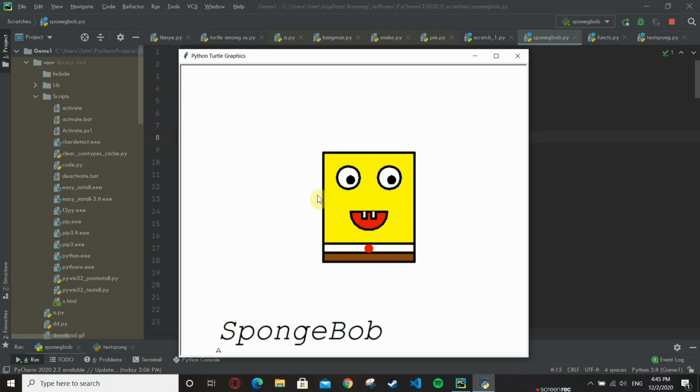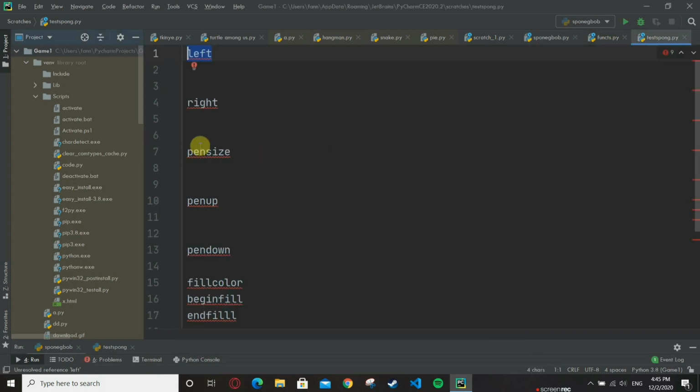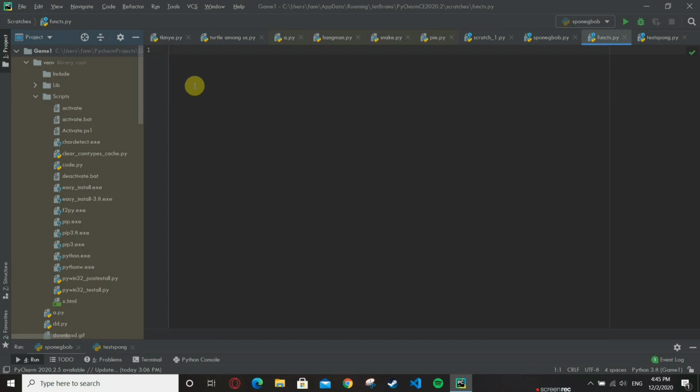So how are you going to create it? Let's just start with the code. Basically I'm going to use a few functions of the turtle module, but in order to know about the functions of the turtle module, we should know what the turtle module exactly is. This is a module in Python which is used for graphics. You can draw graphics, create shapes, and draw anything with the help of turtle. It's basically for children.